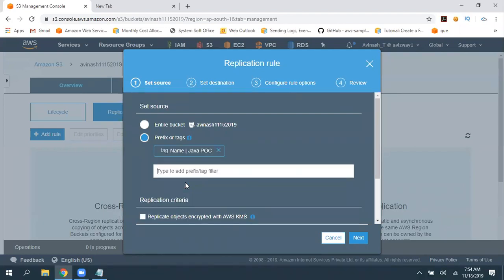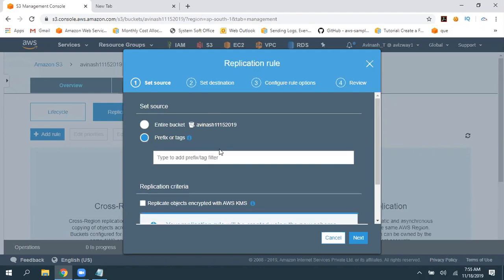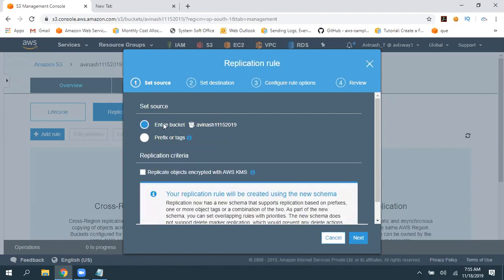Whatever object contains this particular tag, only that data is going to replicate to the destination bucket. Not only here, even while configuring lifecycle rule also we have this option. We saw this option. Again, if you really don't want to go with these options, you want to apply for the entire bucket, simply select this option. It is going to apply for the entire bucket.